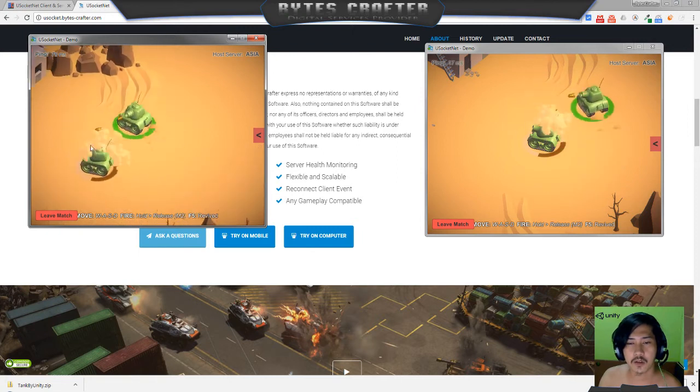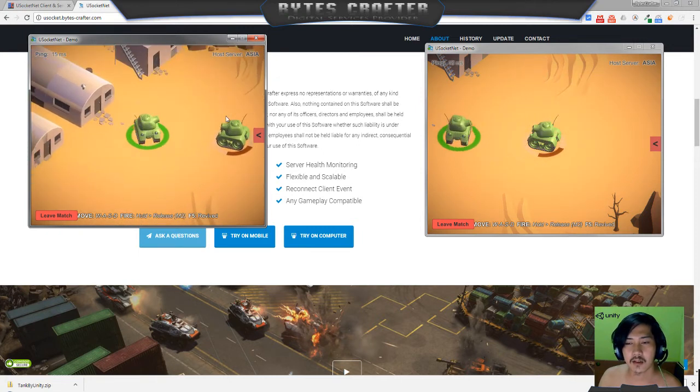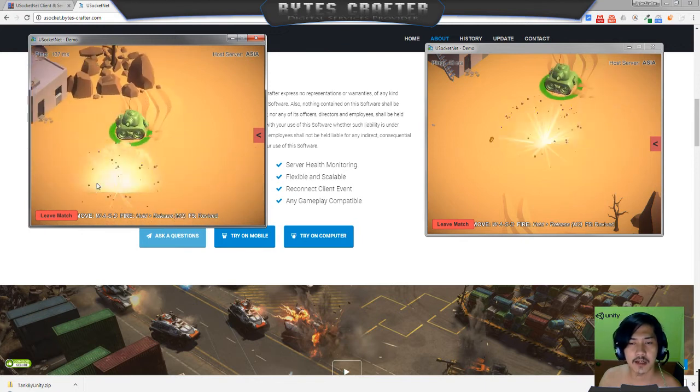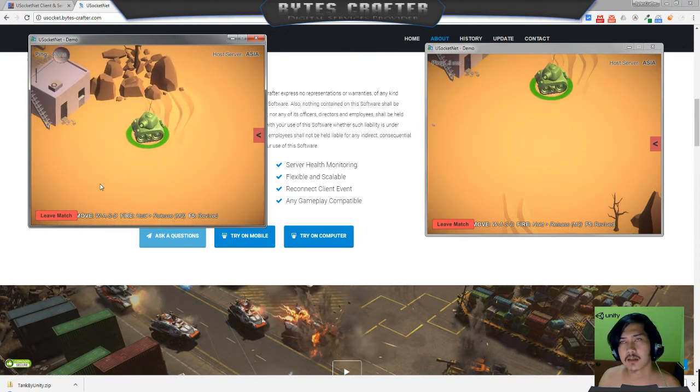So the main idea here is just the developer side, the client side. The main setup is you just check if this client is the local user, then the control should be activated. If it's not, the control should be deactivated, because the server will try to sync the clone object from other machines